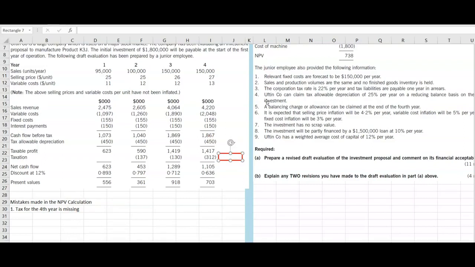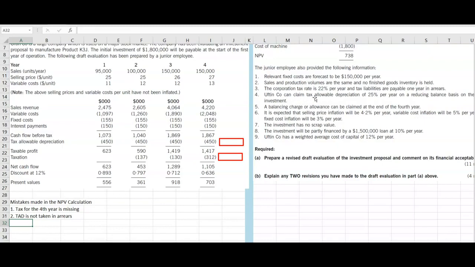So next one, there's also tax allowable depreciation. Tax allowable depreciation is taken, but it is not taken for the fifth year. So again, that is also a mistake. 4 years has been taken, but it's not in arrears. So we can put it like this: tax allowable depreciation is not taken in arrears. Okay, so that is a second mistake, because here they have mentioned the tax is payable in arrears.